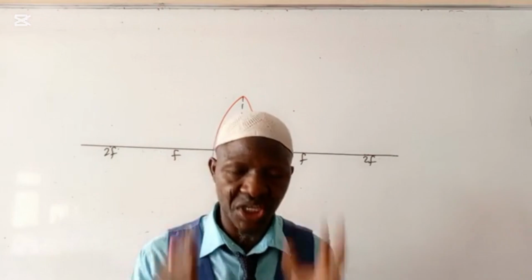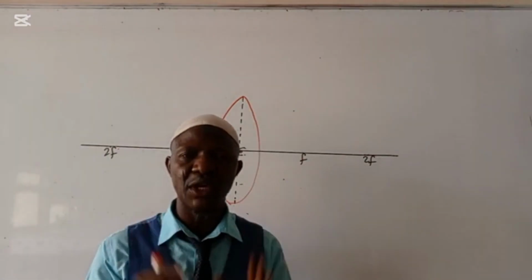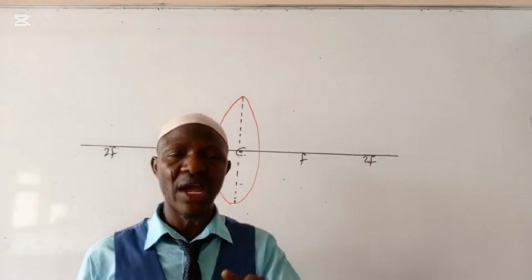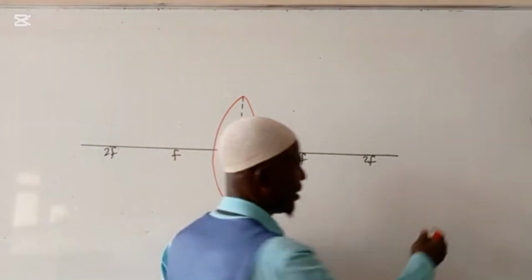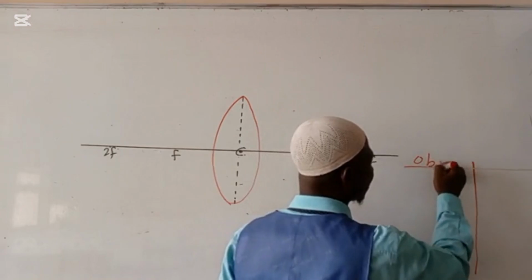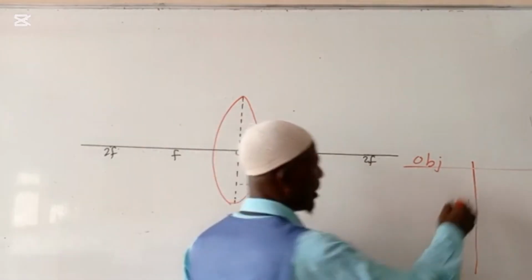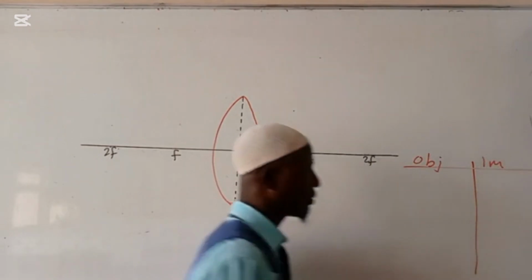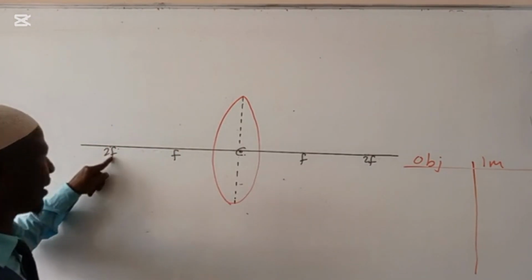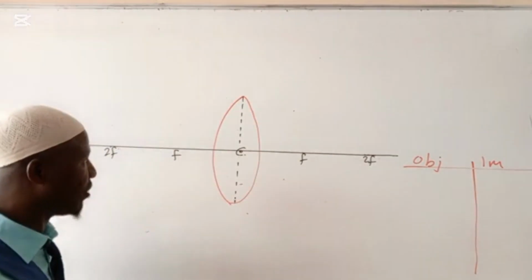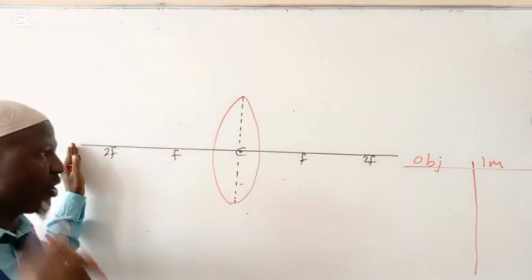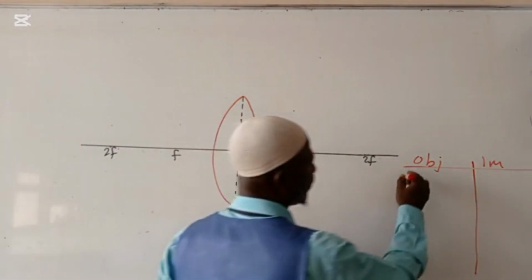Now let me give you a summary of how to know where the image will form. Even if you have not drawn it, without drawing it, you can still know where your image is likely to form. Look at this table. We have object position, then image position. Let's start from beyond 2F, as we had under curved mirror. Don't forget our 2F stands for C in the case of a curved mirror. So if you place the object beyond 2F,